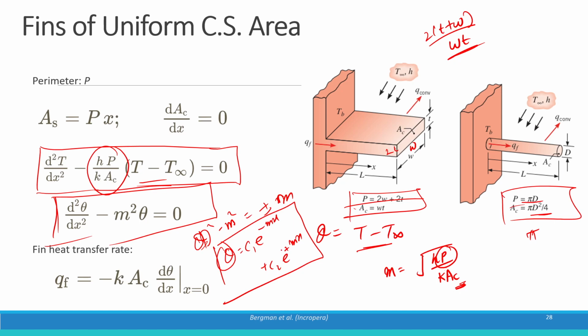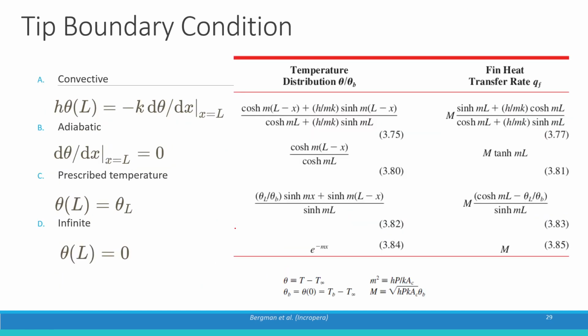Then depending on the boundary conditions, that is whether convection is occurring at the tip of the fin, or whether no heat exchange, that is adiabatic nature, is present at the tip of the fin, or if the tip of the fin is maintained at the fixed temperature. So considering all those boundary conditions, you can derive this different theta for each of these cases as shown in this table. For example, if we are having convective flux at the end, that is